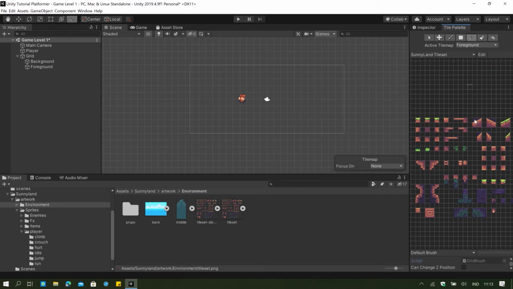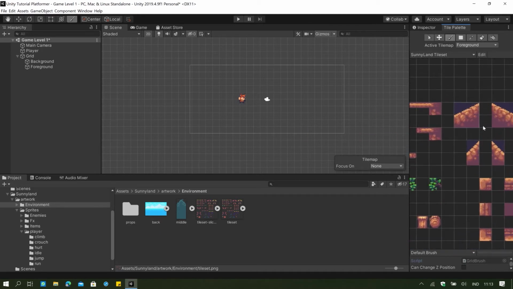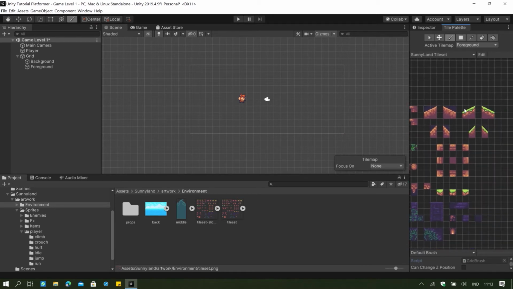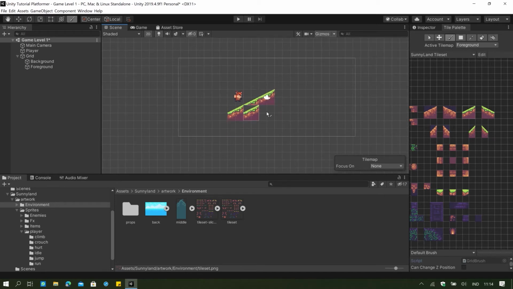So let's just say we want to paint these 4 blocks here. Just want to paint these 4 blocks, and just easily drag. Just drag all of these 4, and just start painting. As you can see, the picture is not that great when you drag it all. You gotta make sure that you move 4 by 4 like this. 2 blocks here, 1 block up, and there you have it. That's how simple it is to actually draw and edit